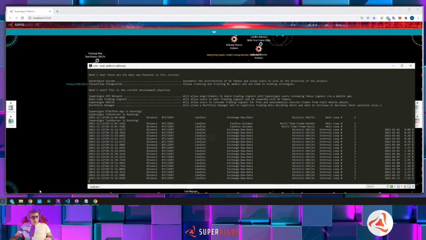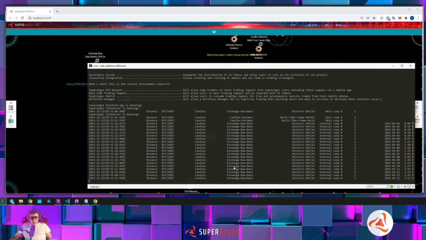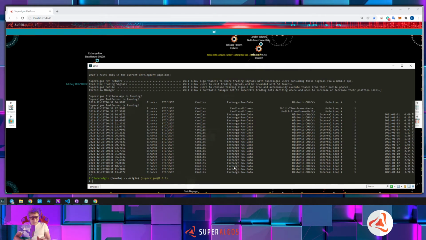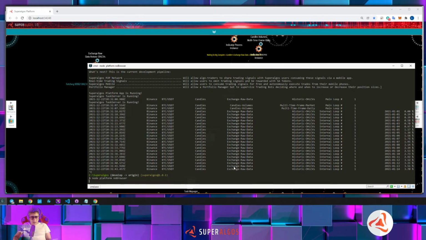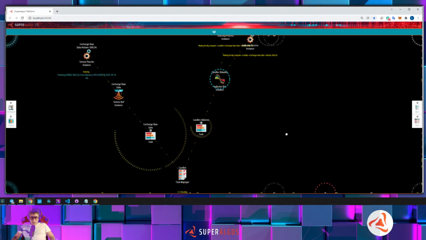Okay, so I'm going to turn this off because I'm seeing that it's downloading the whole history again, and I don't really want this to happen because I already had this data in my computer. I don't want to reprocess everything. But essentially, what I want to illustrate is that